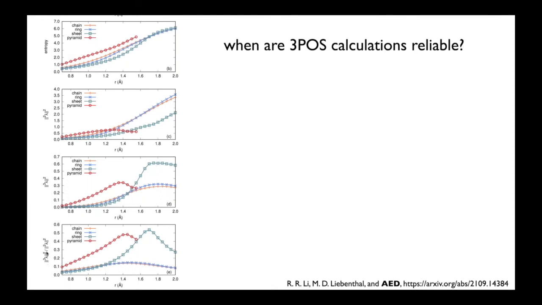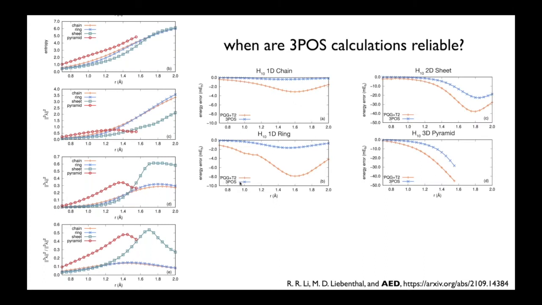And then we also consider the ratio of the 3 cumulant to the 2 cumulant. So this is kind of a measure of how important 3-body correlations are to 2-body correlations. And if you look back at the energy errors that we see, so for example, let's consider this 1D ring, the maximum error from 3-pos is around 1.4, 1.5, 1.6. And if I look at this ratio of 3 cumulant to 2 cumulant, I see that this has a maximum